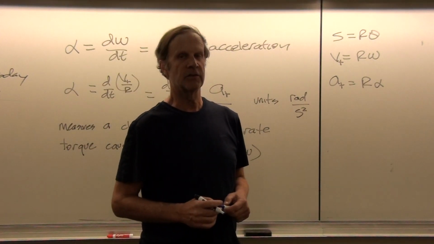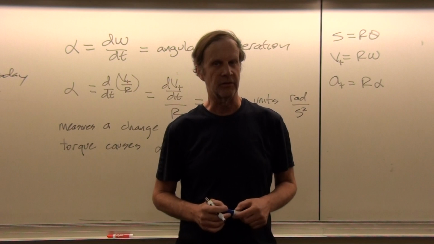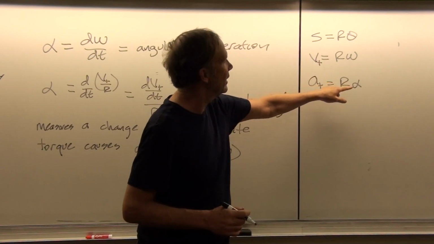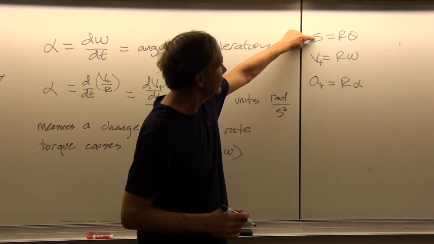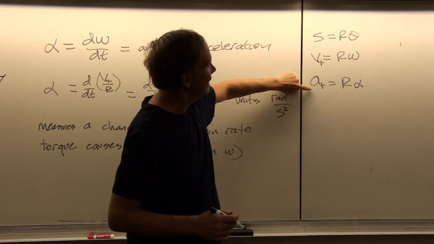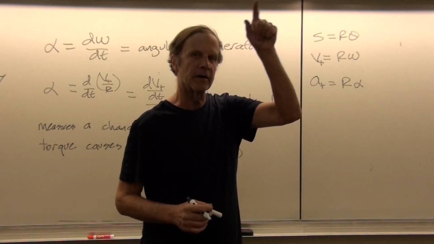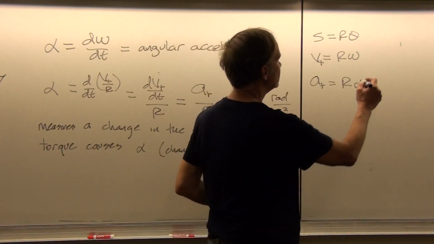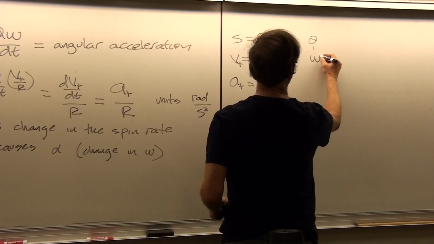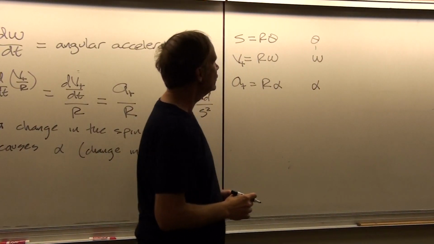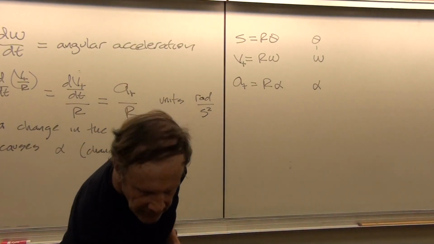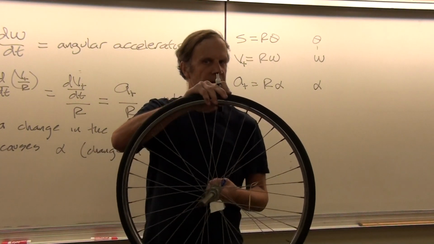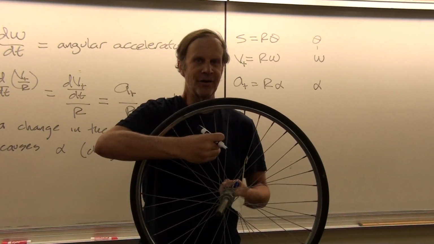Those equations are very similar to our linear kinematics equations, with basically the scale factor here of r. Okay, because we see that this is like displacement, this is like velocity, this is like acceleration, but along a circular path. But it's more advantageous to use theta, omega, and alpha to measure these rotational quantities, because it doesn't matter where you are on the object in terms of the radius. The theta value is the same whether you measure it here or there.